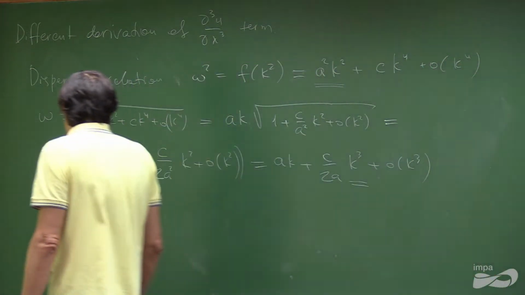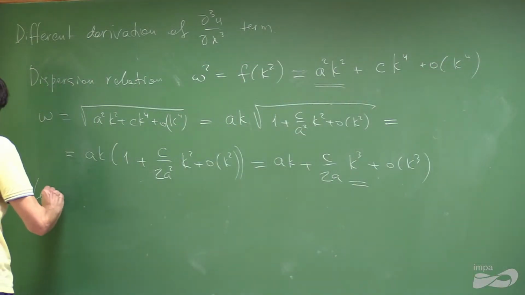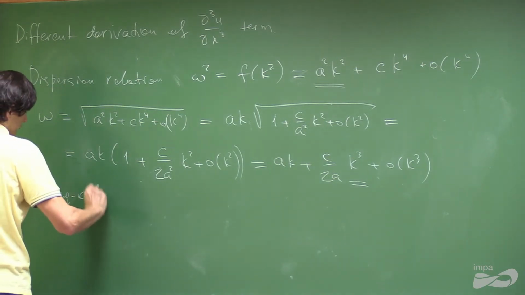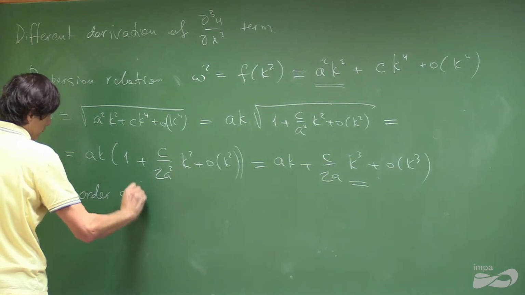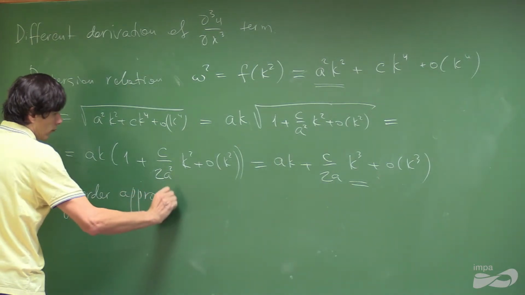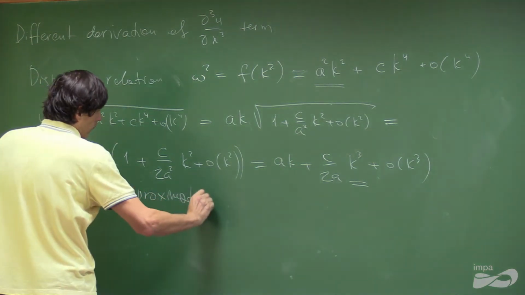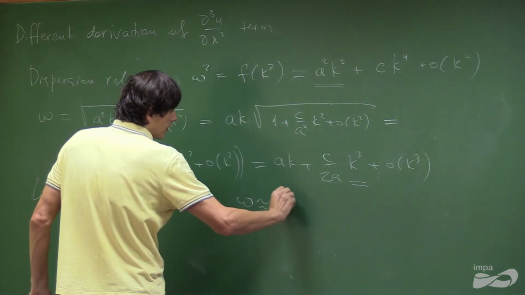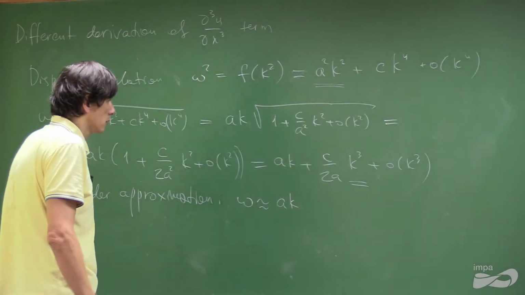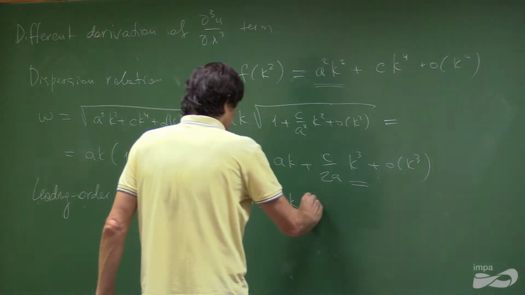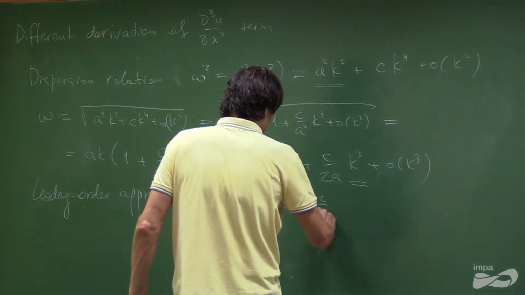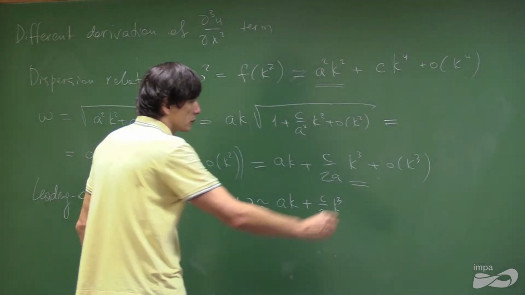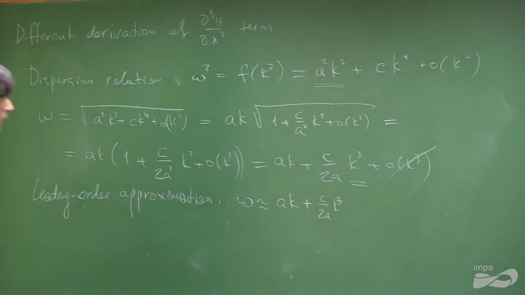So the leading order approximation would be that omega is approximately ak plus c over 2a k cubed. So forgetting this correction, let's see what